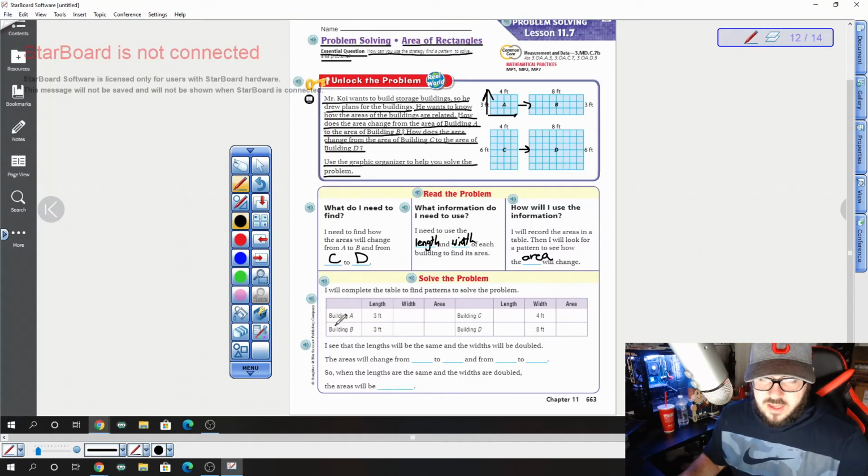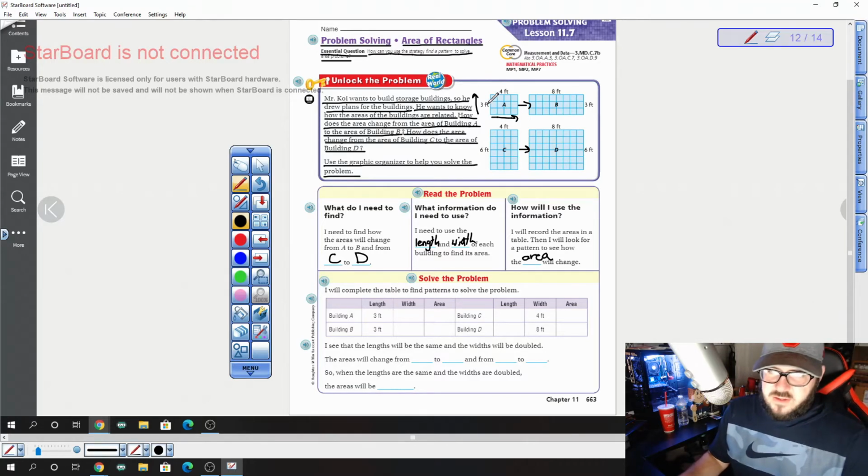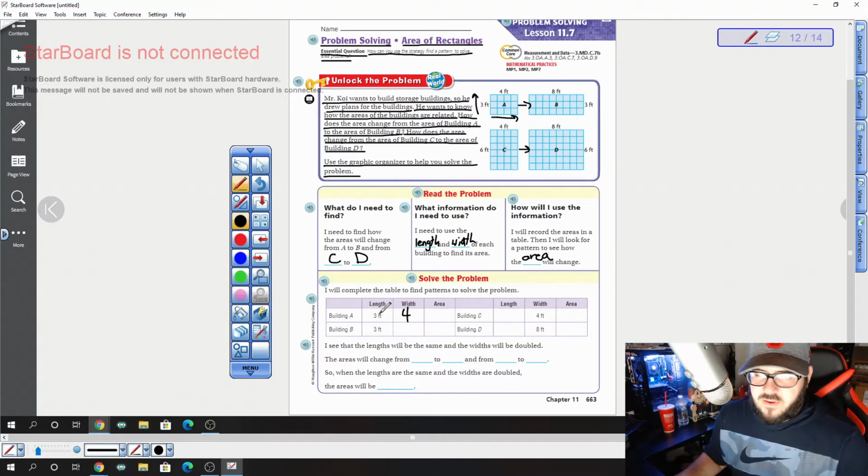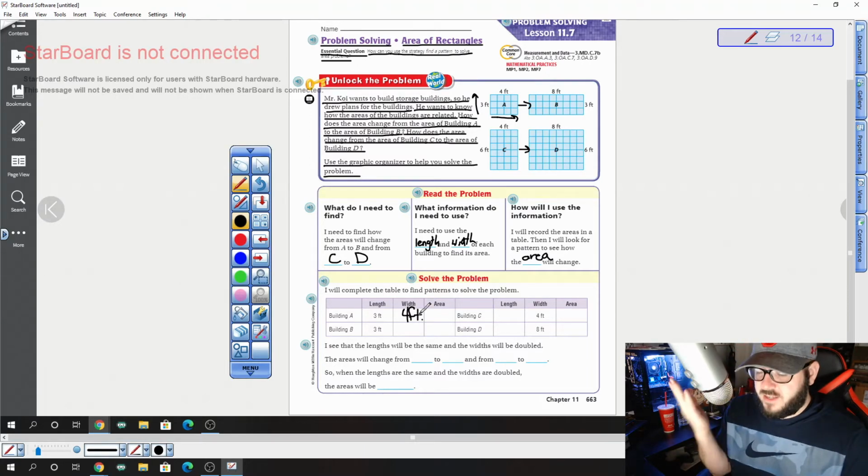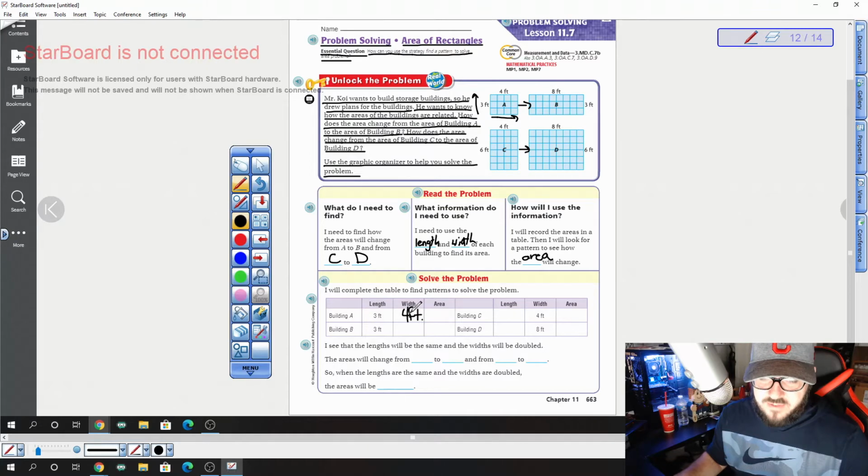Let's go ahead and look at the problem and solve it now. So, building A has a length of 3 feet. Okay, so length is actually this way. I misspoke earlier. Okay, so length is going up, width is going left to right. Okay, our length is 3 feet and our width is 4 feet. So to find the area, we can do what multiplication problem from last lesson? Well, we can do 3 times 4, which gives us 12 feet